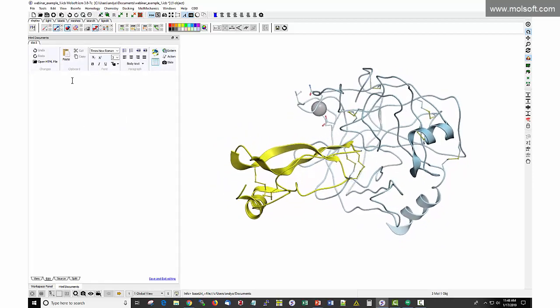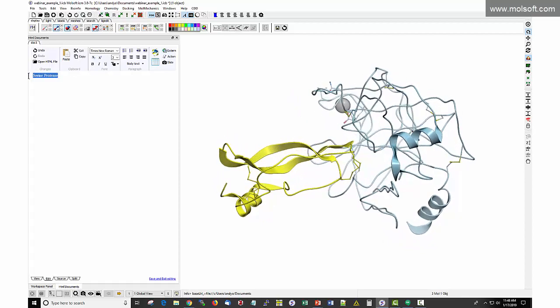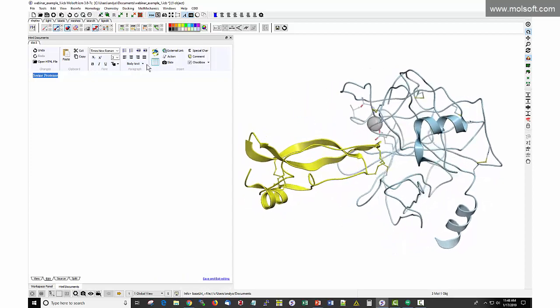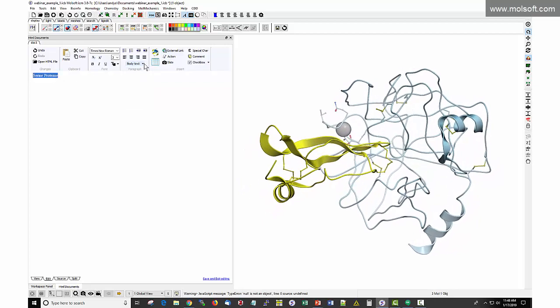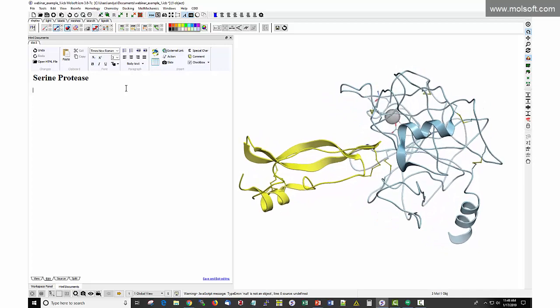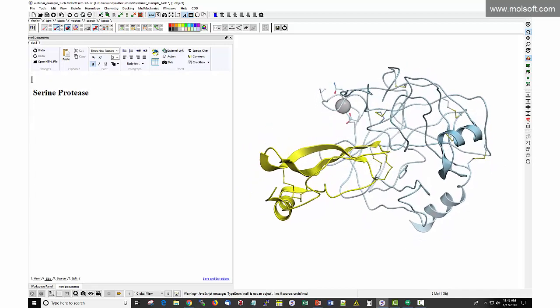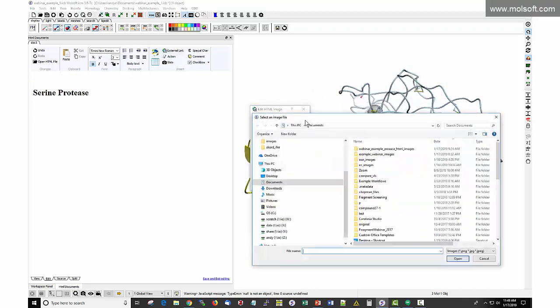So you can say protease, and you can make that into a header using the options here. It's just like a typical editor, so body text, or we can call that header, title, extra large. Then we can drop down here and add an image. There's an image button, you can search for images